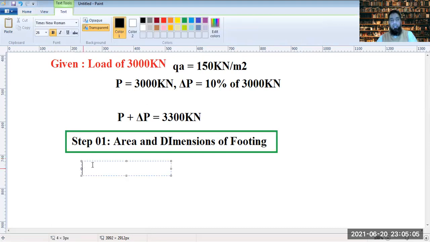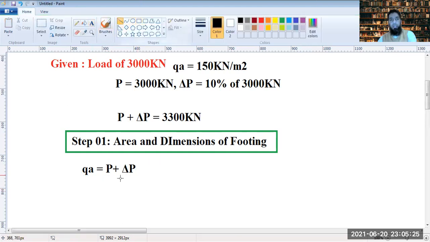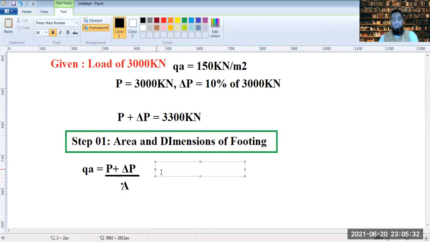Now that is A. Area A would be, because we know, QA is P plus delta P, and this whole divided by A. So A value would be P plus delta P, 3300 cross 10 raised to power 3, that's 1000,